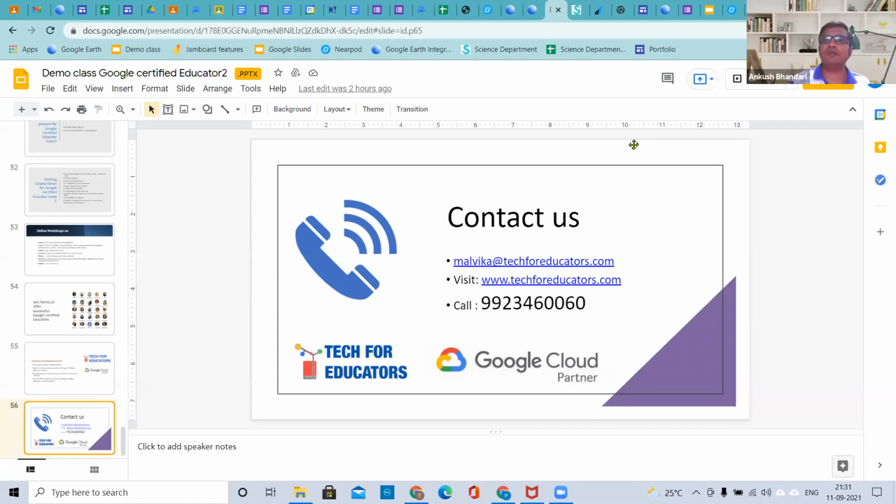Madam, generally we recommend people to go for level 1, and after every 3 months we conduct level 2 training, right? So level 2 training is available, and we'll be starting the level 2 training batch, but generally level 1 is recommended initially. Because in case you want to become a Google certified trainer, then only you should go for level 2. Otherwise, no need to go for level 2. Level 1 is not basic, this is more comprehensive than level 2.